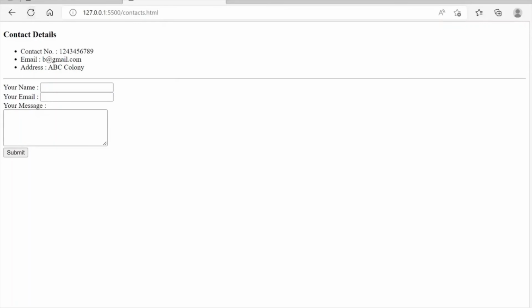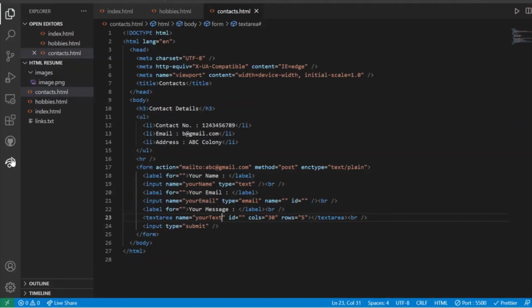Now when I hit refresh, that data will not be displayed and the page is refreshed. Now again when I put the data and click on submit, it will open the mailbox. Why is it opening the mailbox? Because I have entered mailto, and the email ID I have mentioned in the mailto section is the person the mail will be sent to, right?